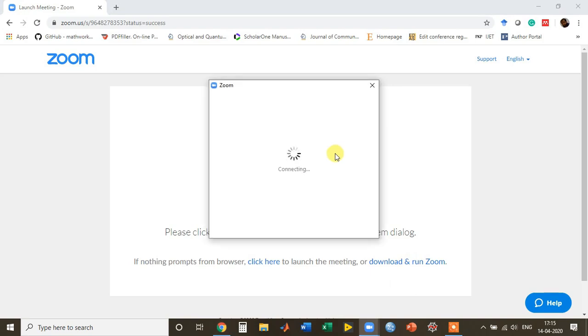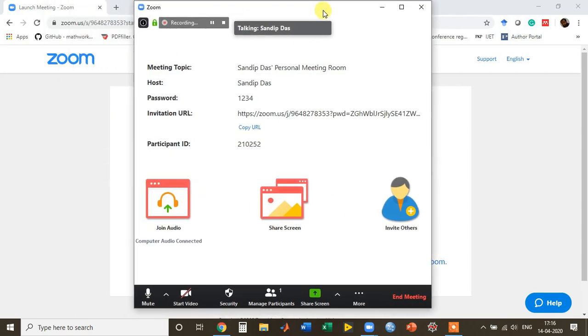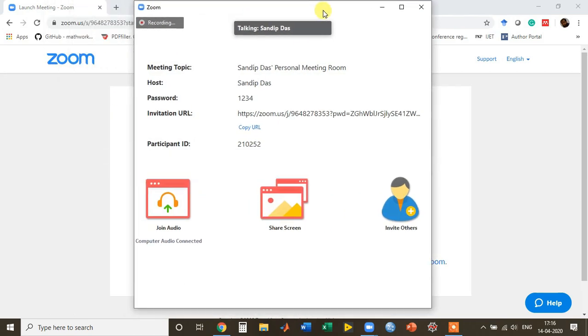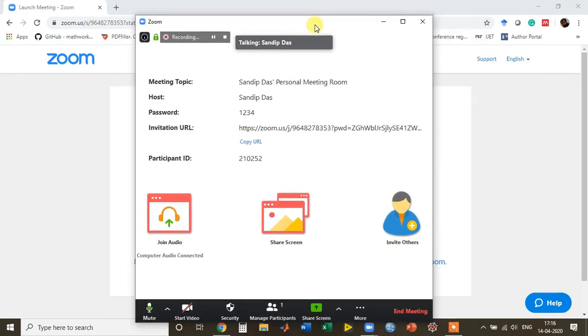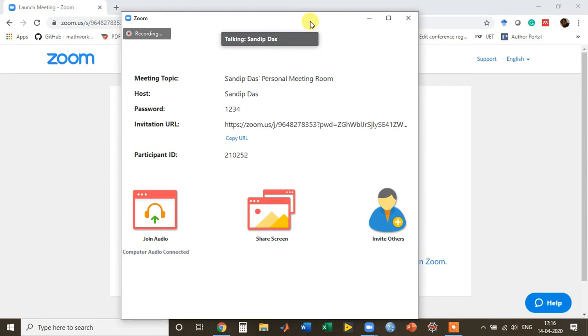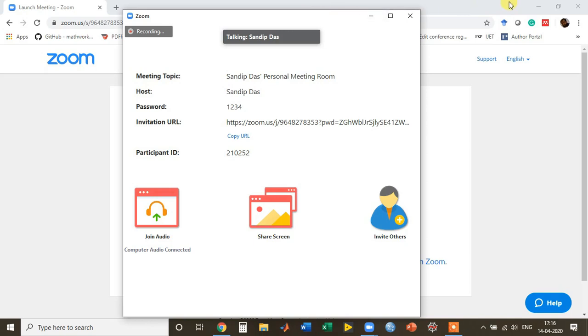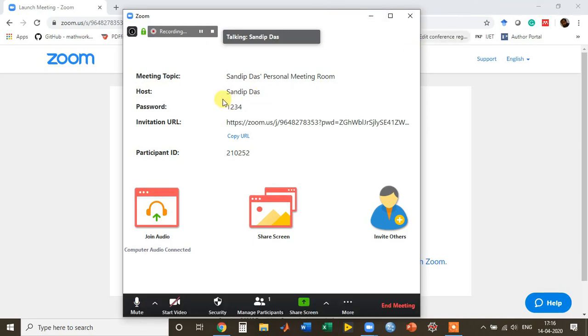And now whatever I was showing was shown using the browser. Now in the first opening session, I showed you that just download the Zoom option and install it. So once you download the Zoom option and install it, this is the Zoom app which actually works. So you don't need to use the browser every time, you can use the Zoom app. Since the Zoom app was installed in my profile and it was logged in, once I started the meeting, it automatically opened the Zoom app, and this is the window.